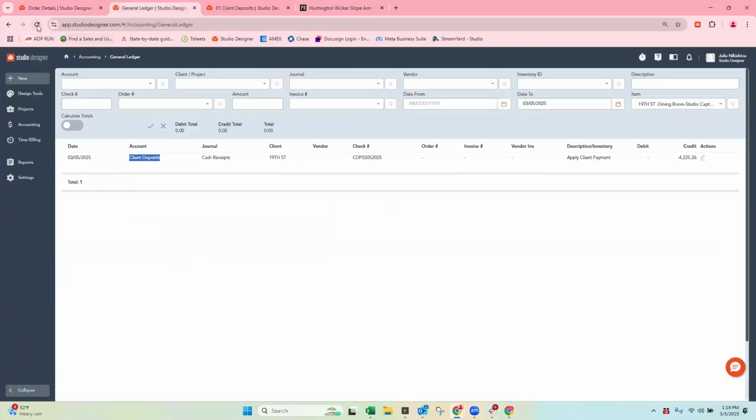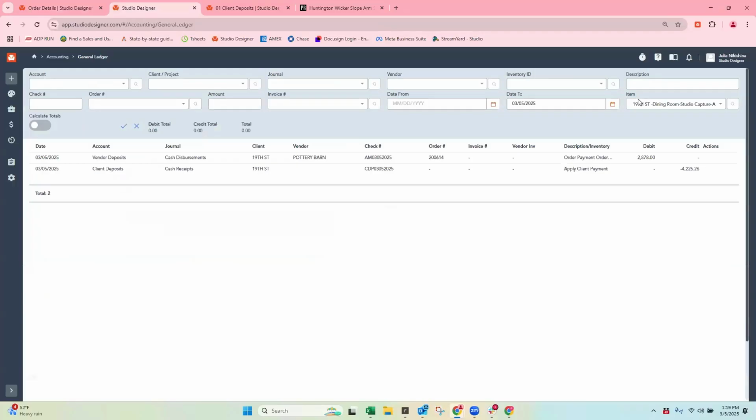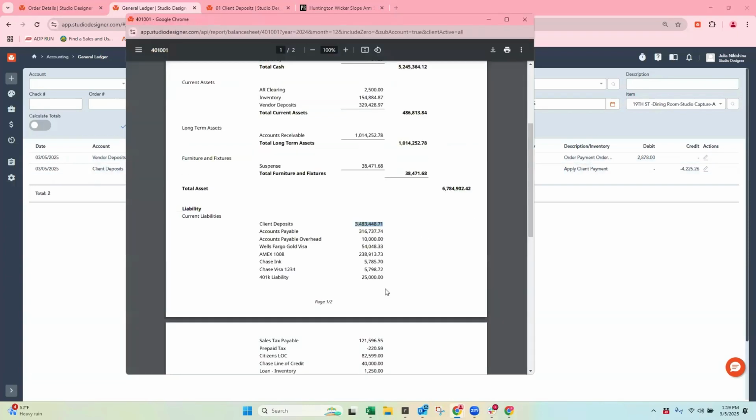I go back into my general ledger, and if I refresh, while I'm still looking at, I want to only see activity tied to this item. As soon as I pay for the order, I could see that I triggered something called a vendor deposit. Well, what is a vendor deposit? Well, a vendor deposit in a way is the reverse of a client deposit. It lives here on your balance sheet.